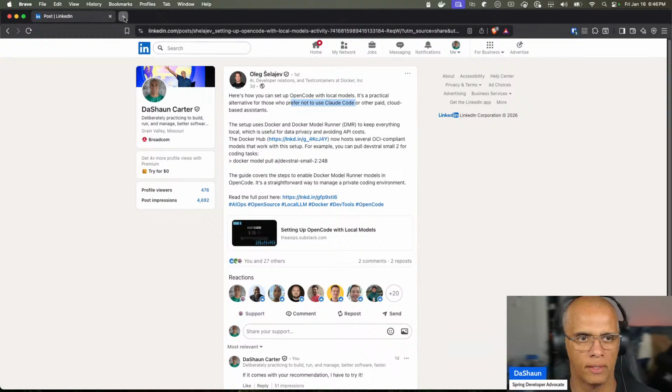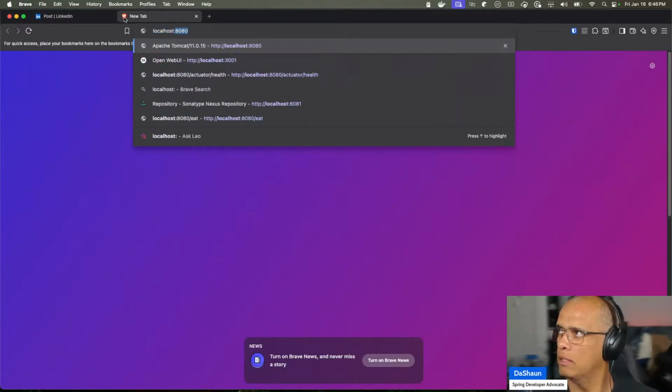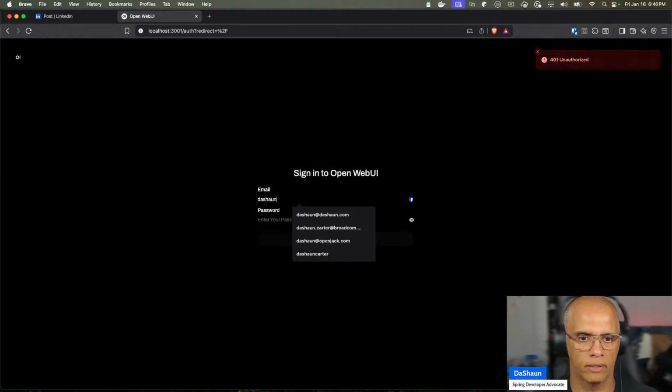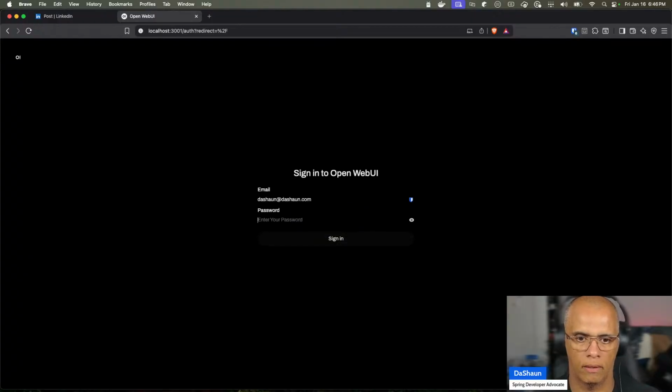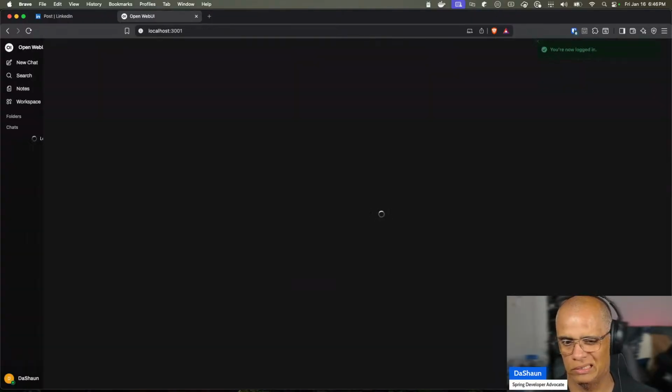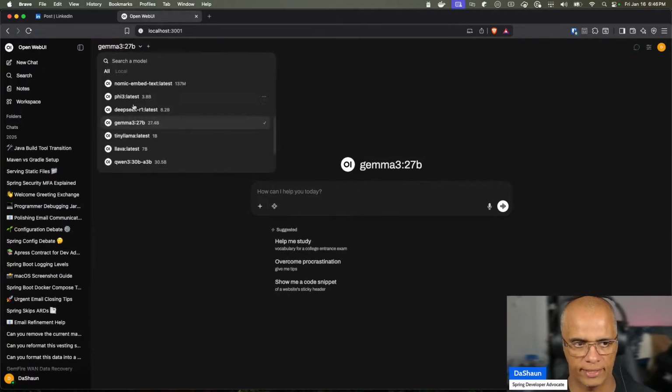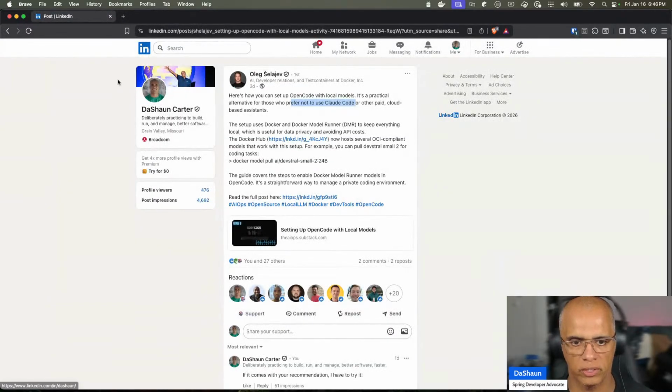All right. So this is the experience that I want to replicate. I have Open WebUI, maybe it's running here. I think I normally run it on 3001. So yeah, I do have it running here. I like having things running. I like having access to multiple models and doing all the things. So this is the experience that we're going to try to replicate, but